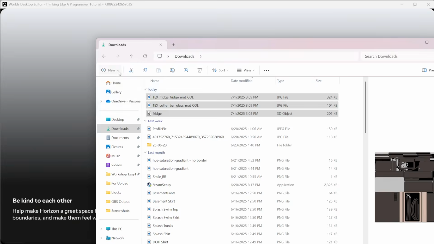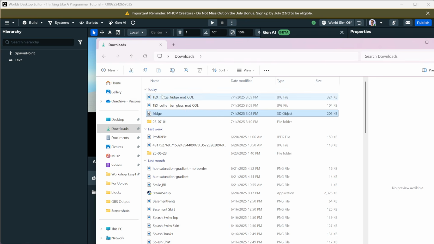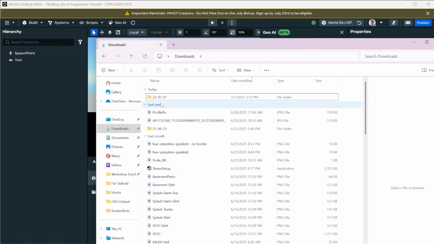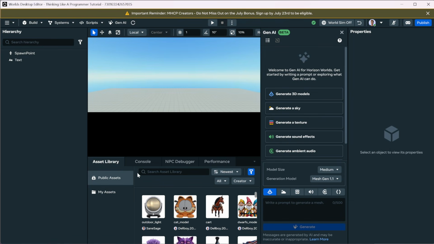I'm going to create a new folder, which is today's date, which is 7/1/2025. So I do the reverse of that, 25-7-01. Happy new month. And then we'll drag those in just so it's nicely organized. Perfect. All right, so I've got those at the ready on the side, and then we're going to go into